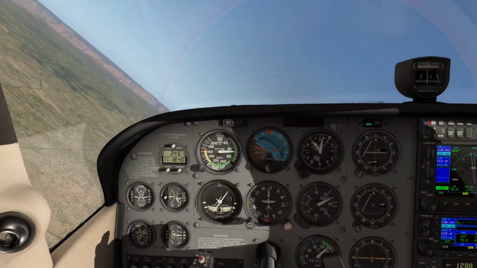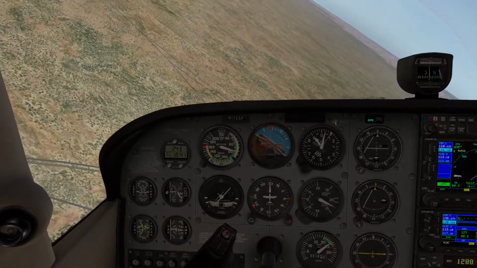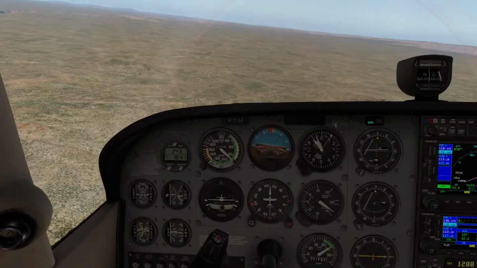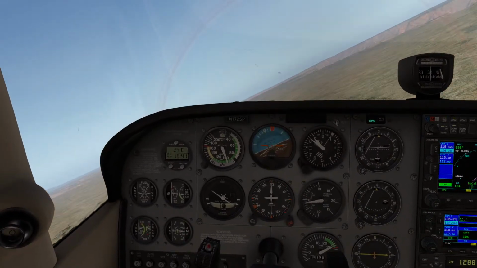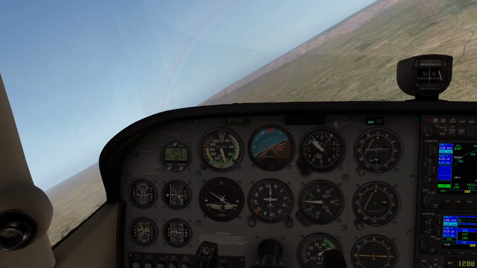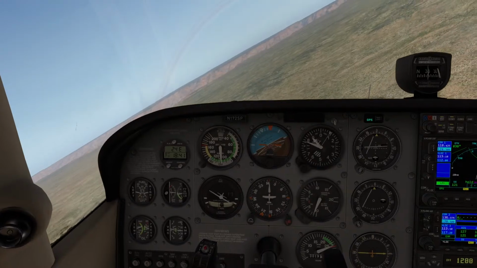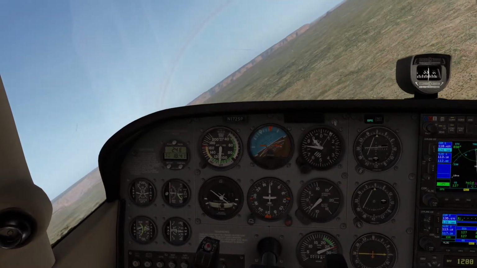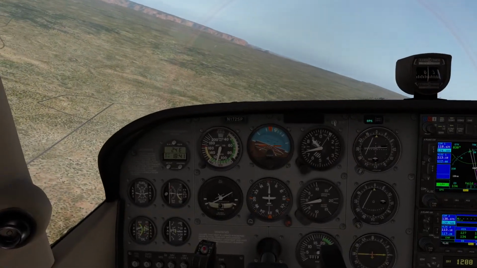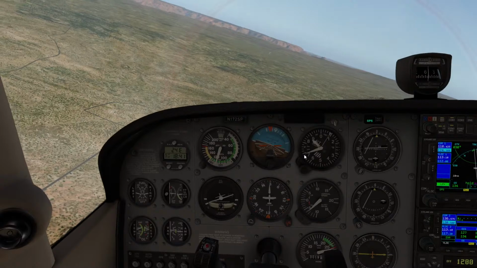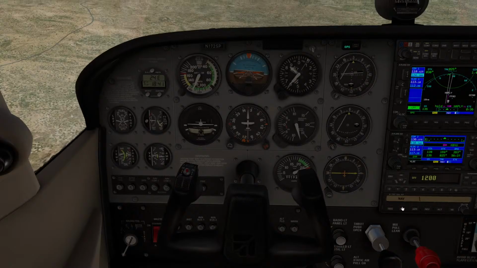I'm trying to get it to nose down some. Gaining speed, that's good. I'm just going to do a series of S turns to stay mostly on track with the runway. Alright, now I'm throttling back. We have gained speed. I'm going to reinitiate the nav to get